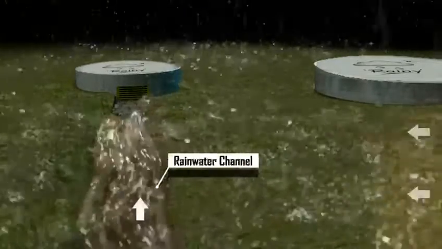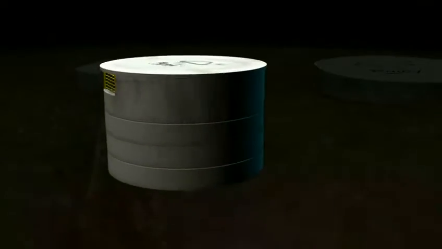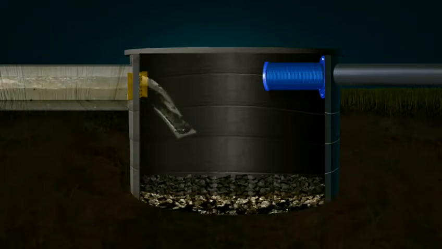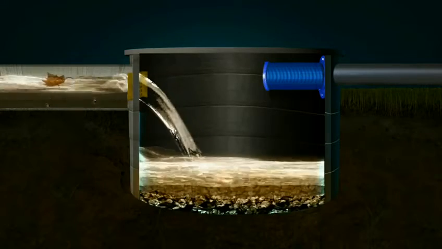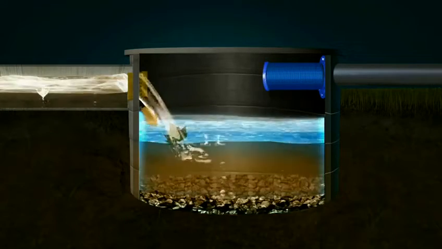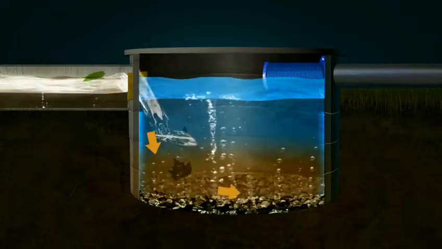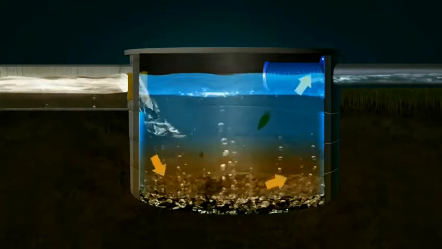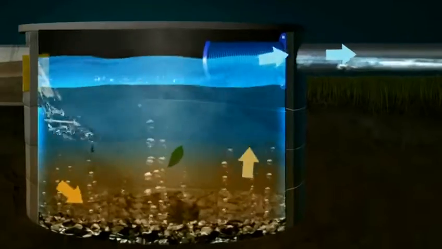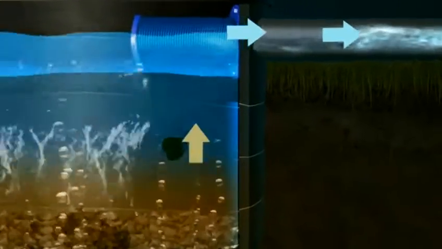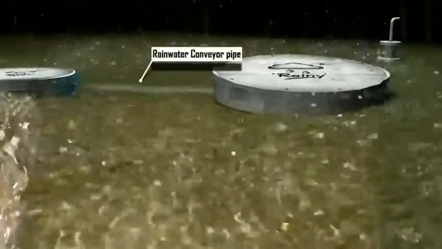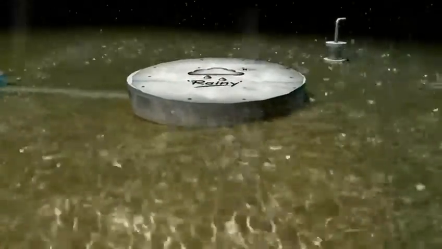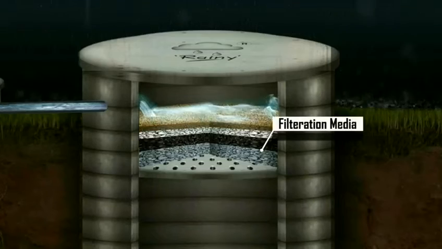The surface runoff is diverted through a water channel to a silt trap. The majority of the silt, leaves, dust and debris settles in the silt trap. And the clean water is led into the injection well, passing through multi-layers of filtration media placed at the top